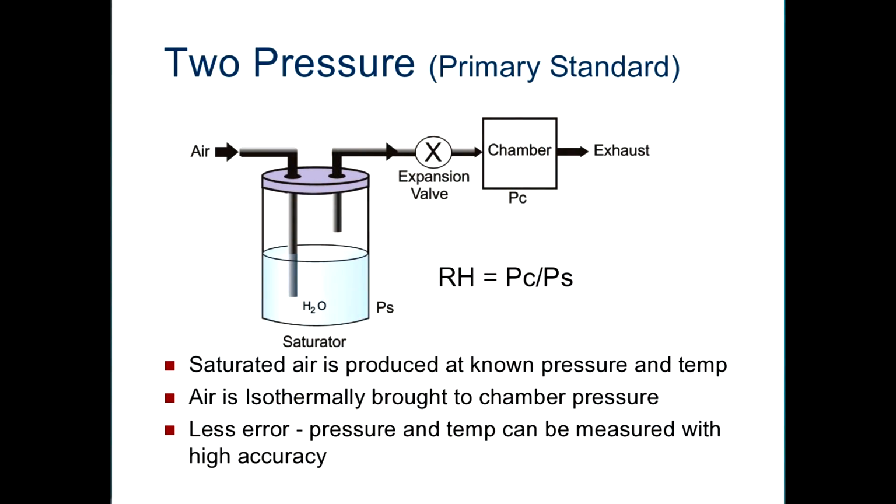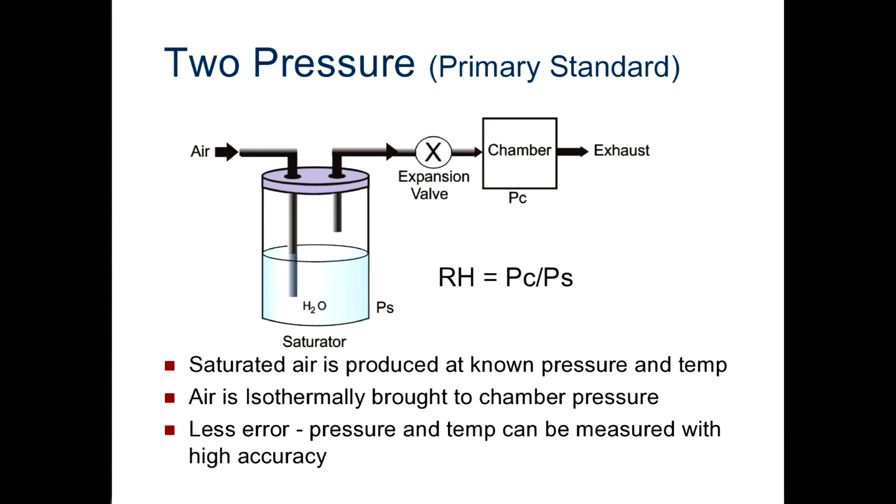Another humidity calibration method is the tube pressure system. Now, this is considered a primary standard. In this case, we can see an airstream that goes through a saturator, which brings the airstream to nearly 100% relative humidity. This airstream then goes to an expansion valve and then to the chamber where we will put the device being calibrated. The saturated air is produced at a known temperature and at a pressure that can be